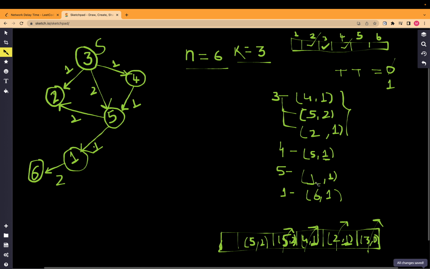5 can send signal to node 1, with a distance 1 from this, and 2 is coming from 3 and 4, and then it's reaching 5, so 2 plus 1 is 3, so this is 1 comma 3. So now the total maximum distance is 2 for 1 is 2. So we will update this total time, mark 5 as visited, and then again we will pop out this element,